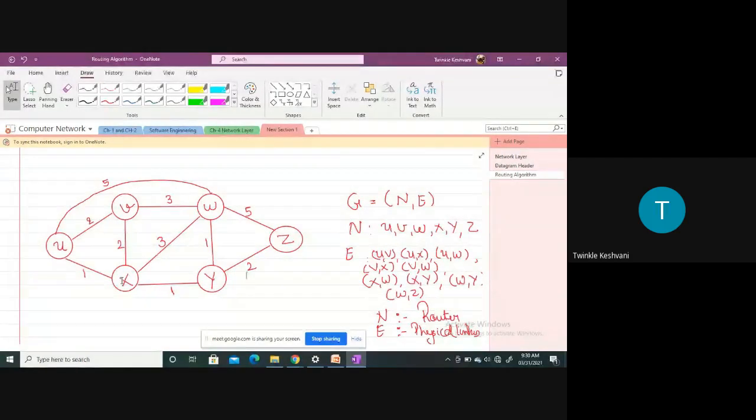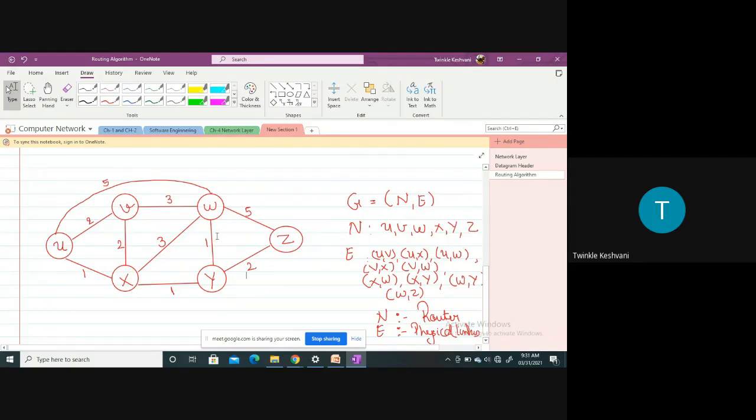So first, if I talk about U, packet number 1 is dispatched by U. Packet number 1 first reaches V, X and W. The directly connected nodes receive it first, so it goes first to V, X and W. After that it goes to the indirectly connected nodes, that is Y and Z. As you can see here, Y and Z are not directly connected with the source. So the packet first goes to the directly connected routers or nodes, then it moves ahead.